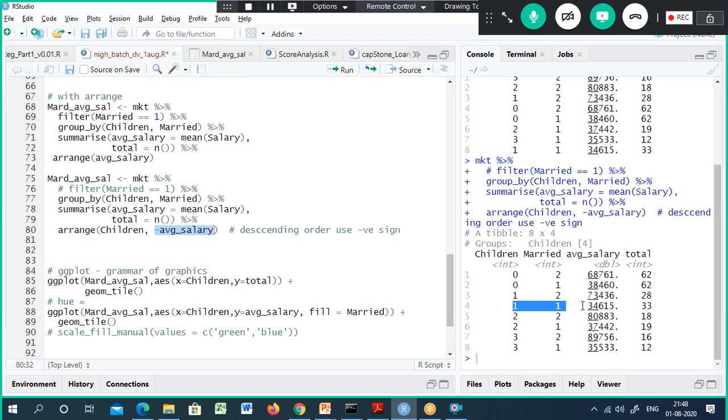Within this children 1, married 2 and 1 are different. What is the other example? We don't have any more 1 2. Fine, but anyhow 0 1 2 3. We have done a grouping on children and married.